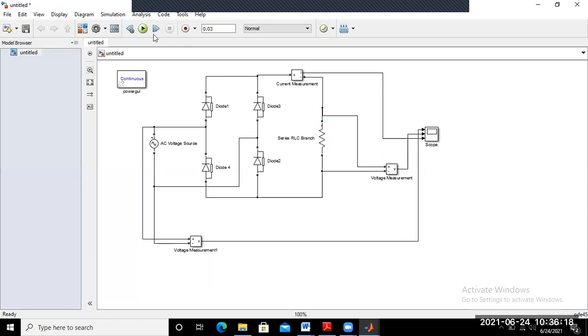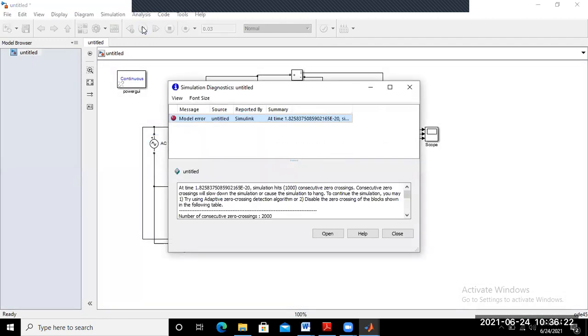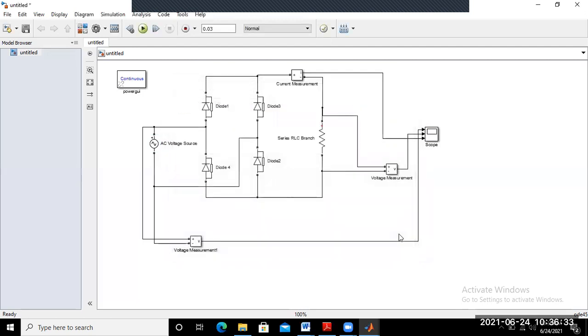So run this program model again. Again showing some error.